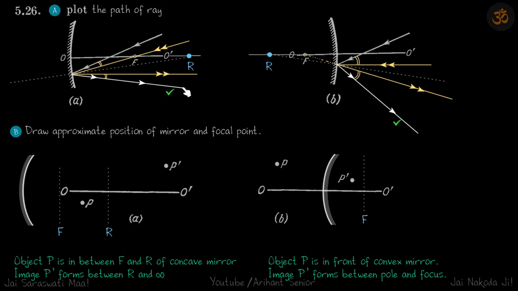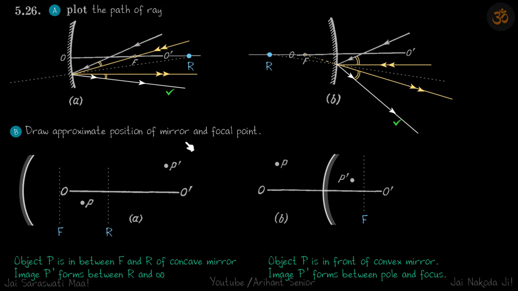Similarly here, this ray is given, and we need to plot how the ray will proceed after that. Again we'll have the focus here, so we get a line passing through the focus. The incoming ray will be parallel to the principal axis, and again the angle bisector of this yellow ray will be passing through the center of curvature. So this ray and the resulting ray should be symmetric about that line, or they should be making equal angles with the yellow line. That's how we accurately plot the path of the ray.